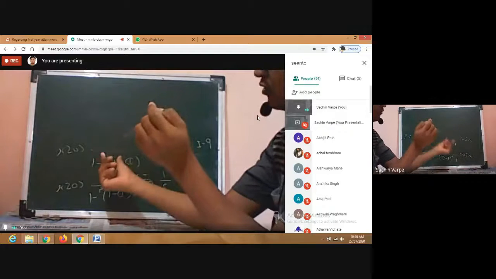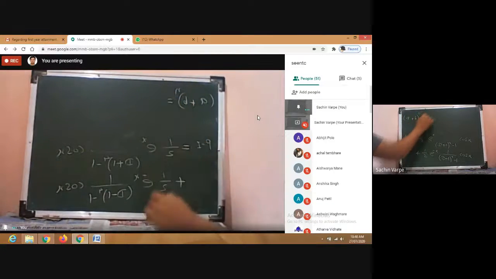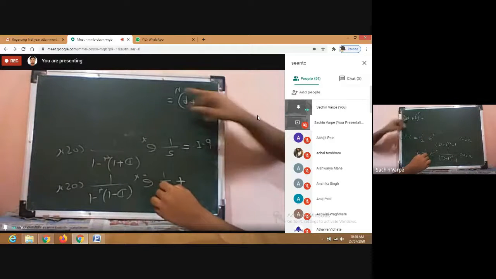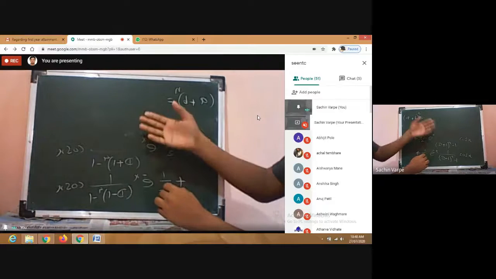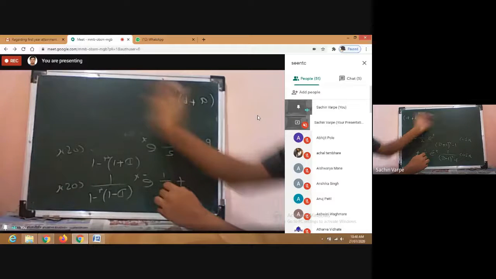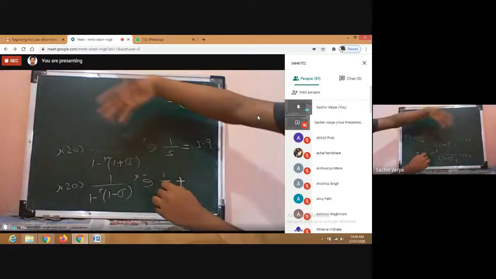Actually, I know that when I write a plus b raised to n, the expansion starts from the highest power of a, that is a raised to n, because nc0 is 1, plus nc1 a raised to n minus 1 b raised to 1 and so on. So those nc1, nc2, nc3 and so on, I know how to get by